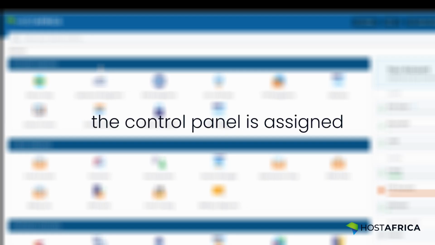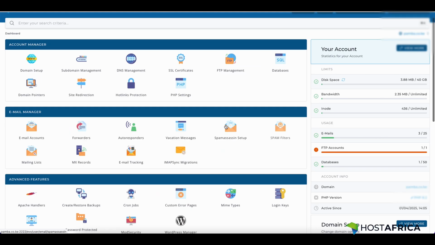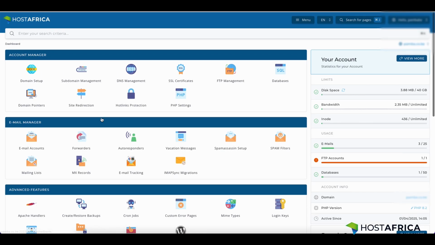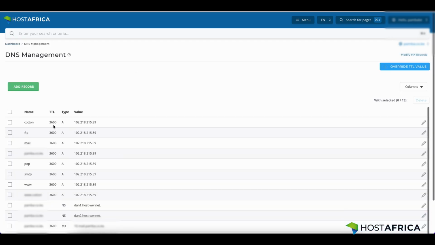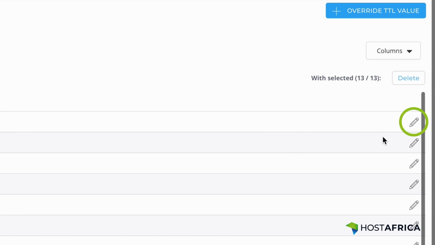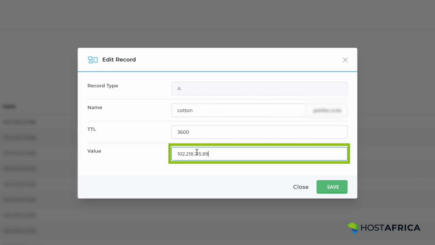By default, the control panel is assigned an IP address derived from the server. The other scenario of managing your IP address is through DNS management. In this case, let's say you want to have your A records pointed to a different IP address. That's where this key function comes in. You will be able to decide which URL, subdomain, or DNS entry points to which IP address while in DNS